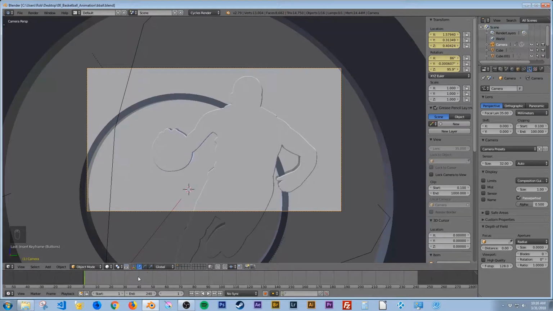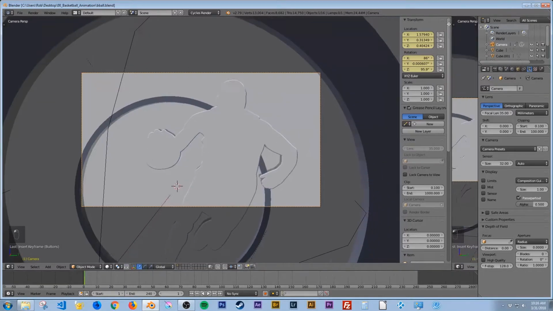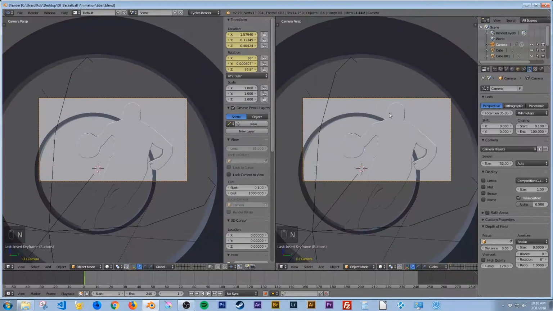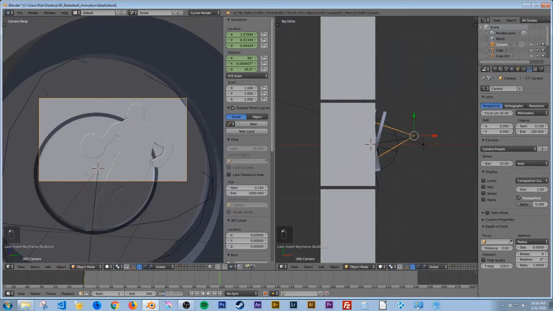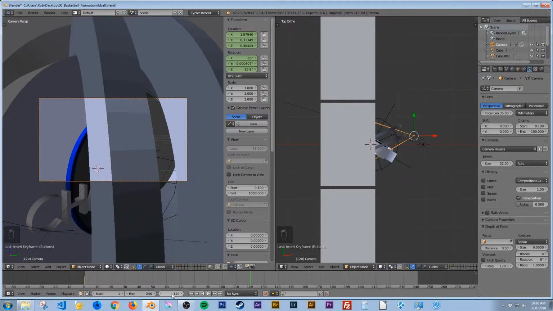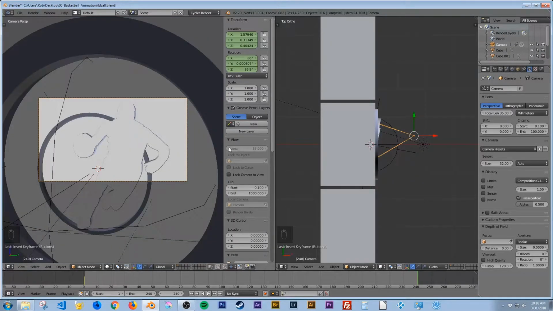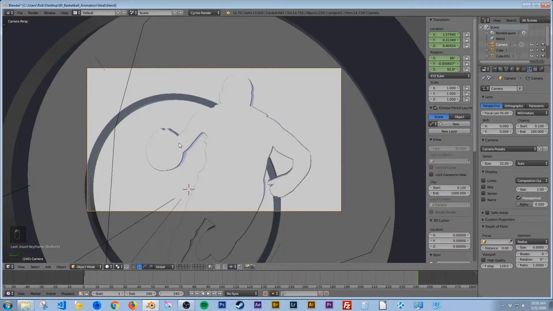Okay, so now I'm going to move to, let's make another window again. And I'm going to hit N to get some more space over here. And I'm going to hit 7 to go to my top view. And let's go to about halfway. Let's just go right to halfway. So I'm going to type in 120. And so about halfway through, actually, no, let's go to the last frame. Let's lock in where the camera's going to end. Let's go to 240, hit enter,